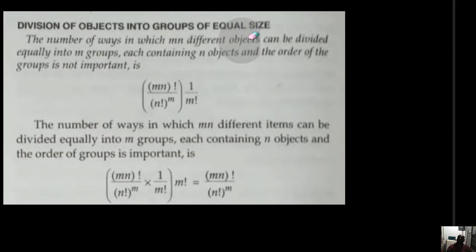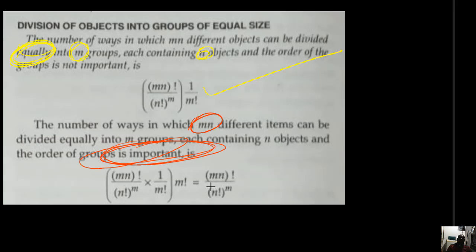Once again I want to read it. The number of ways in which mn different objects can be divided equally into m groups, each containing n objects, and order is not important, is mn factorial by n factorial power m into 1 by m factorial. See students, if the order of the groups is important,